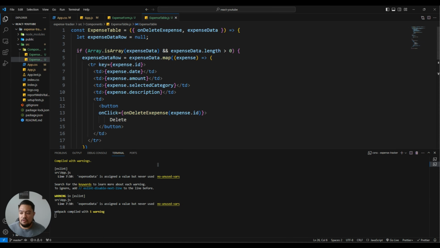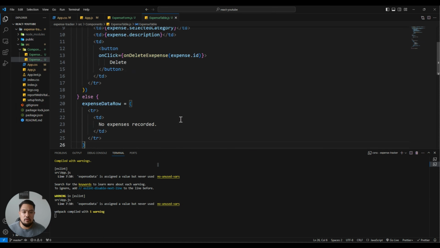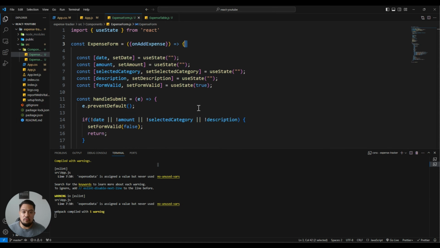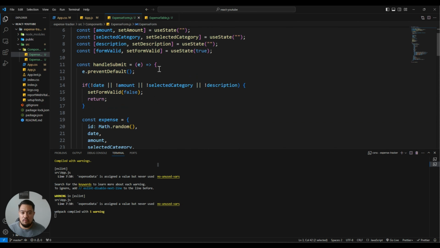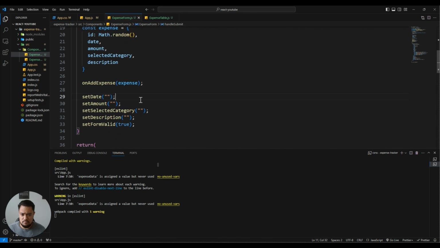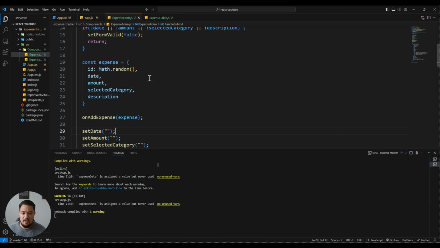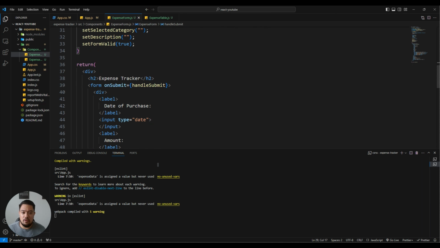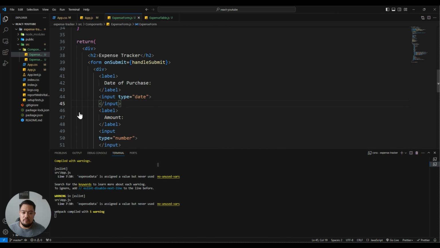All right, let's add some functionality to our expense form so we can actually add an expense. So we have the form validation and we have the functionality, but let's add it to our HTML elements here. So the first one, form on submit, we're able to submit a form. But let's look at the state change